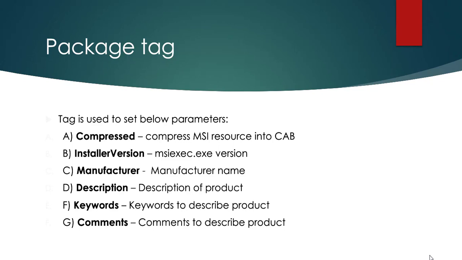Next property is InstallerVersion. This installer version is a version of the msiexec.exe. Each msiexec.exe has certain features, so we can stop our installation if the system doesn't have the particular version. So we have to set here a minimum installer version number. Manufacturer. Here manufacturer is the author name. Next property is Description. In the Description property, we have to give the description regarding the installer, so that whenever we have multiple installers, we are able to differentiate between one installer and another installer.